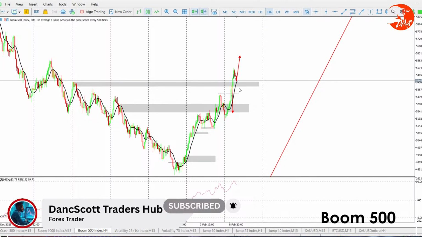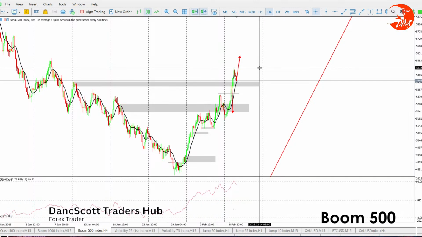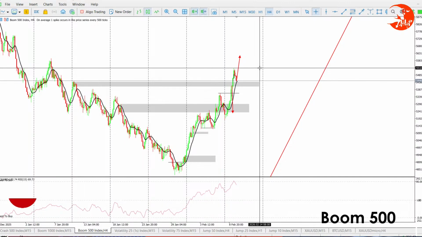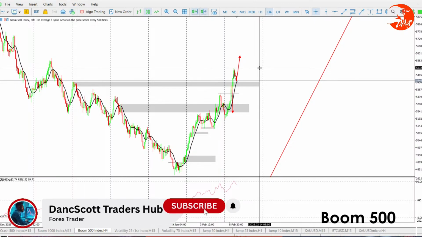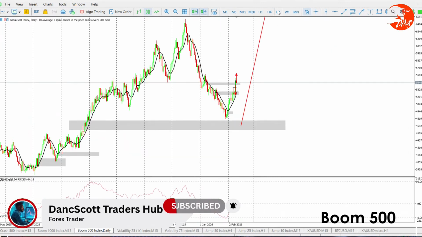So looking at what I have on H4, we are overbought. It's crazy. Yeah, it touched that previous move, so crazy. But that doesn't tell us that we cannot buy it. We can buy it only to go back to that same level.